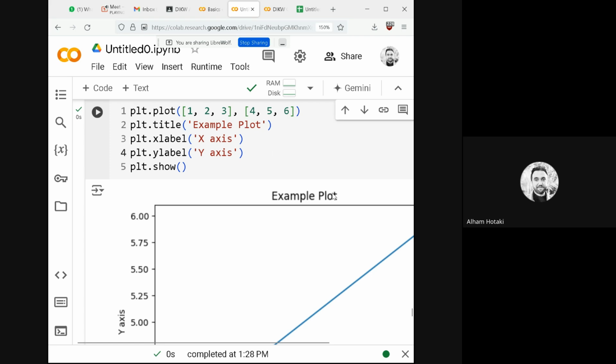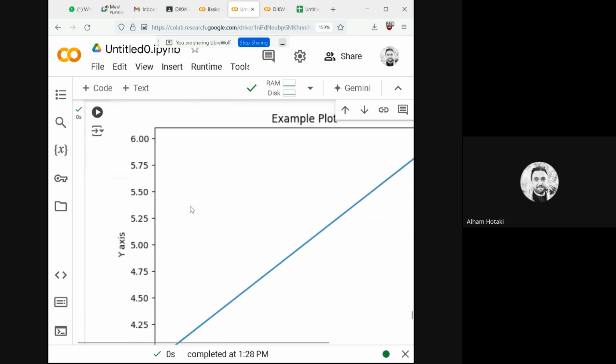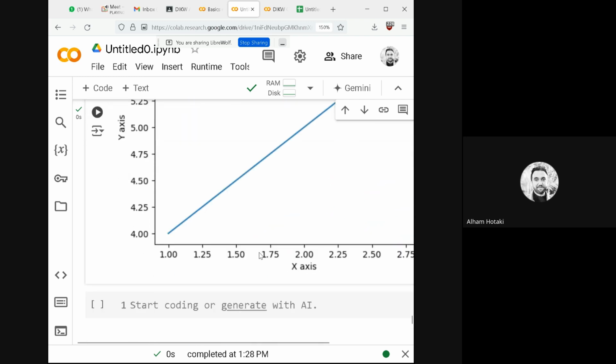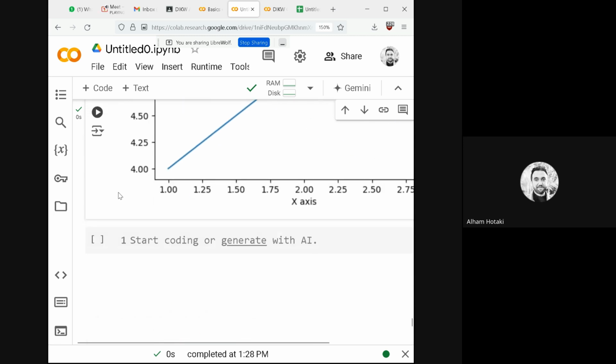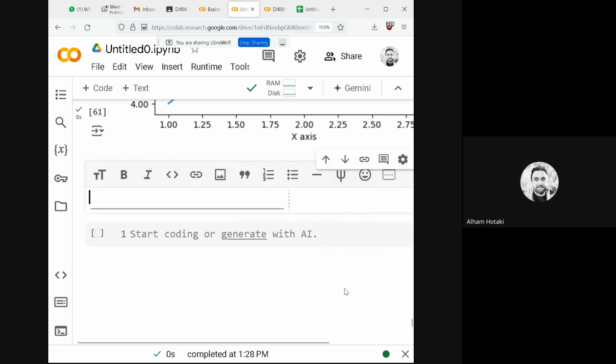this will be the title of your plot. This will be the title of the y-axis. This will be the label of the x-axis. So this is how plotting works. Now these were the packages. Now we will be diving deep into